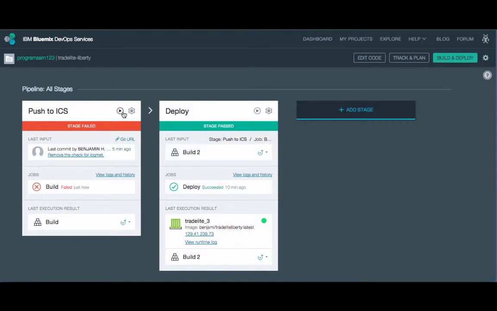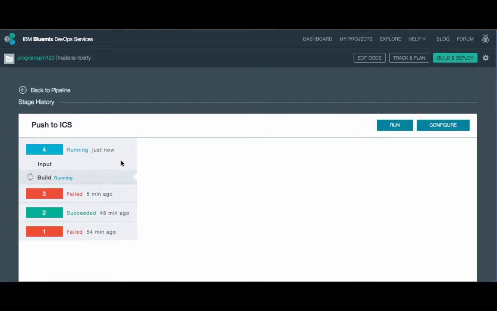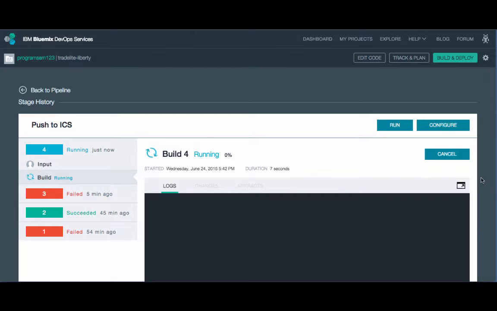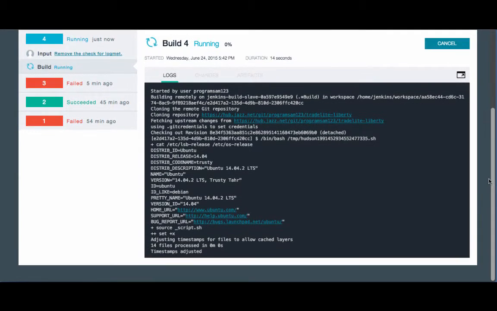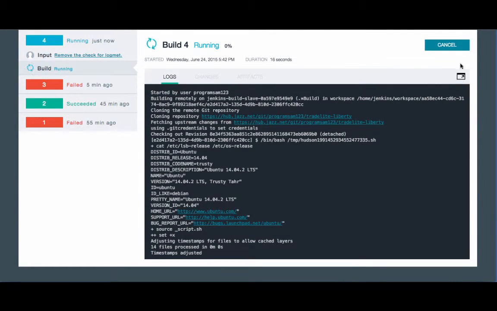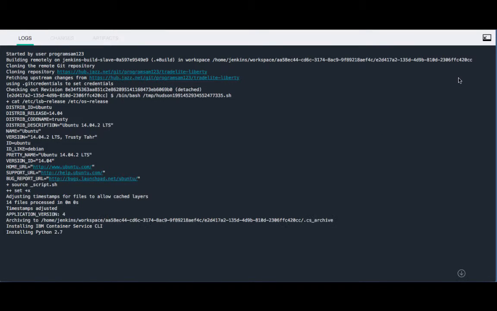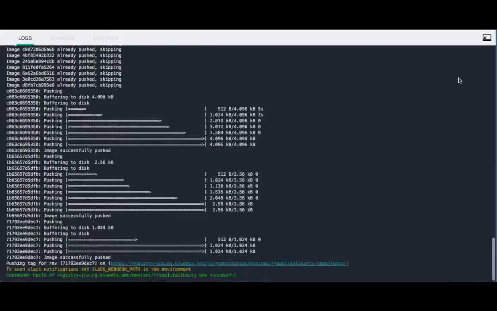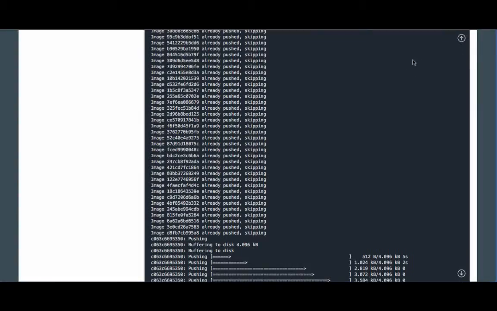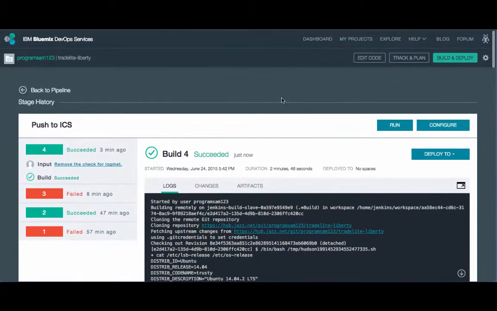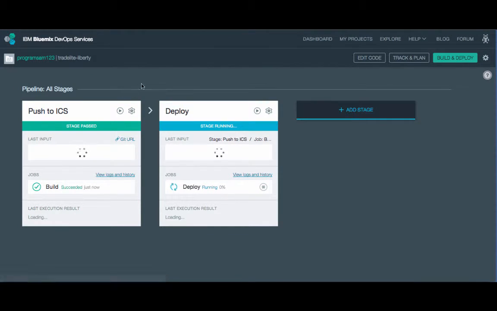We can already see some results in the pipeline from previous executions of the various stages. We'll start by kicking off the container build stage. After the stage has started, we can drill in to see what's going on inside the infrastructure and look at step-by-step logs of the process. All done. The pipeline has continued on, though, and started the deployment phase.